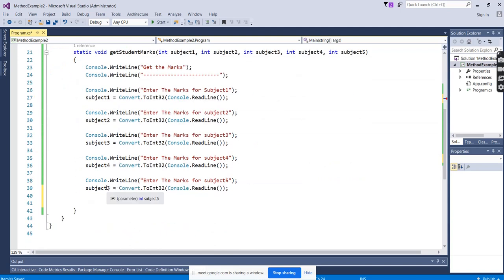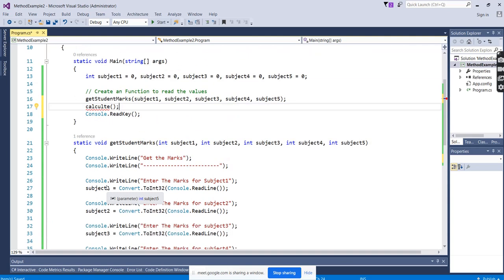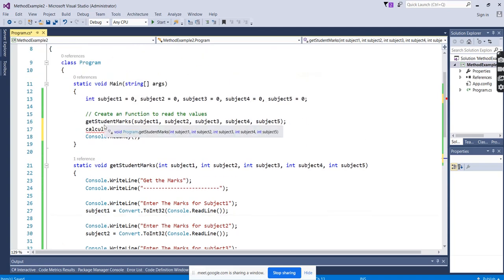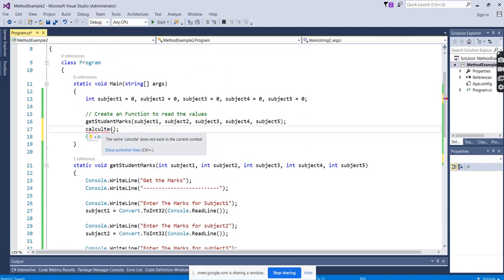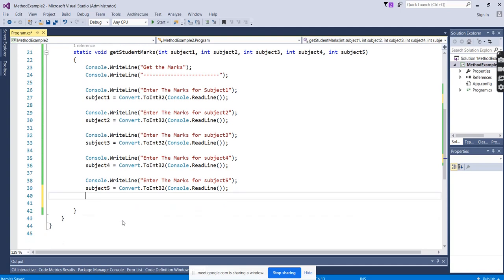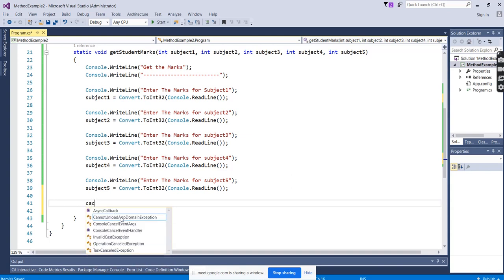So when you're going for methods, go for more optimized. Why do you want to return the values again? You read the values here, so why return to the main function and then call another method? Instead of making the double calling, instead of going back to the main method, from here itself, where you're reading the values, we call the other method. We'll call the calculate method. Okay, calculate.